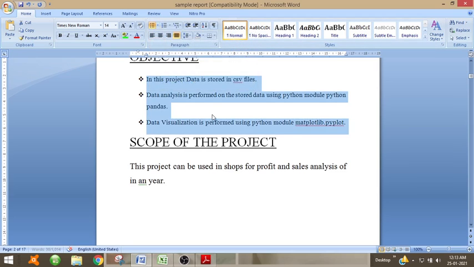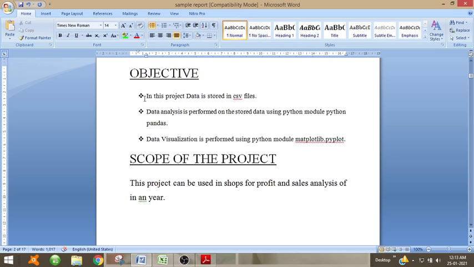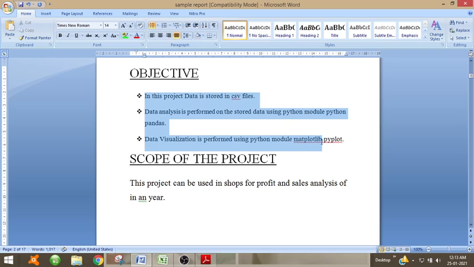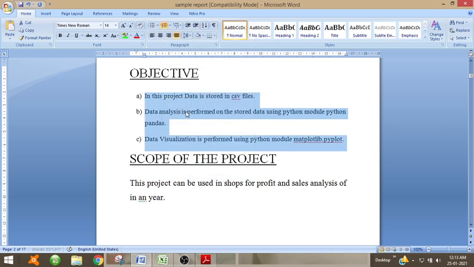Suppose it will be like this, and instead of bullets if you want to give numbers, then click on this and you can give any of the number formats.